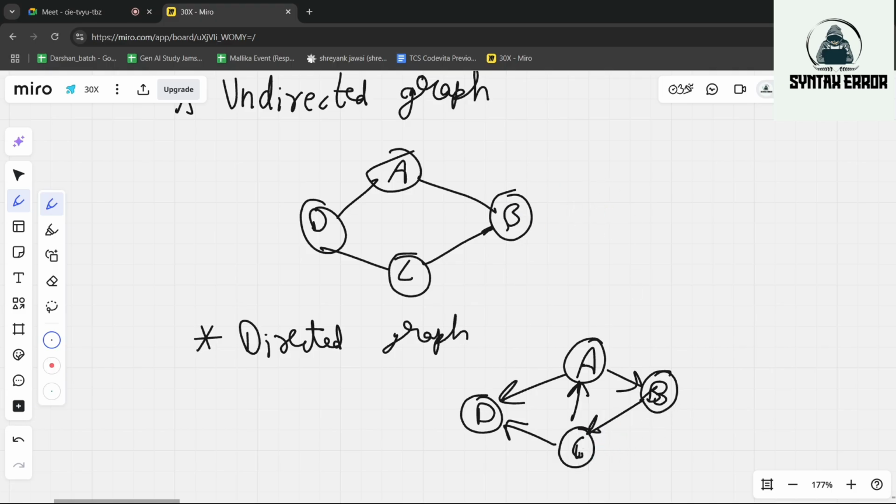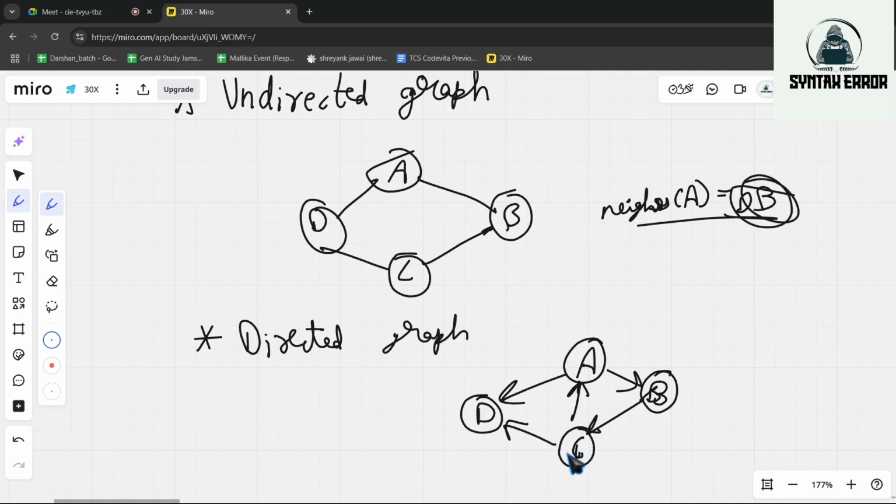And one more thing you should know is neighbors. What do you mean by neighbors? In real world scenarios also, whoever is residing beside you, to your left or to your right, they are called neighbors. Similarly, neighbors of A in this example would be D and B. From A we can go to D and B, that's why we call them neighbors. So here the neighbors of C would be only D.